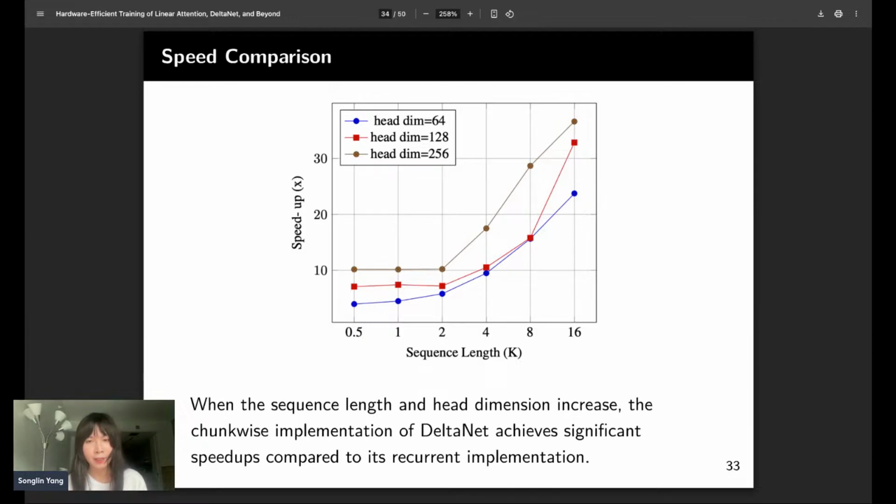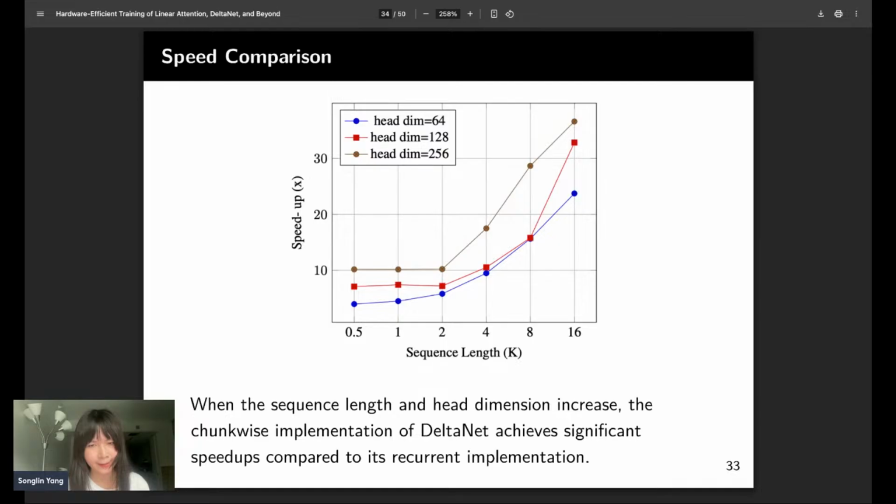And here we have a speed comparison. This is the speed comparison between the Chunkwise kernel and the pure recurrent kernel. We can see that with the increase of the head dimension and with the increase of the sequence length, the speedup becomes more significant. And this is not surprising, because when increasing the sequence length, we want to use more